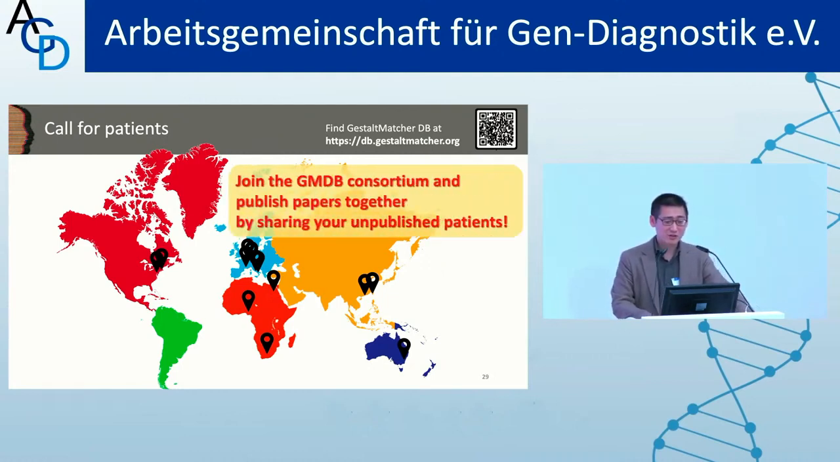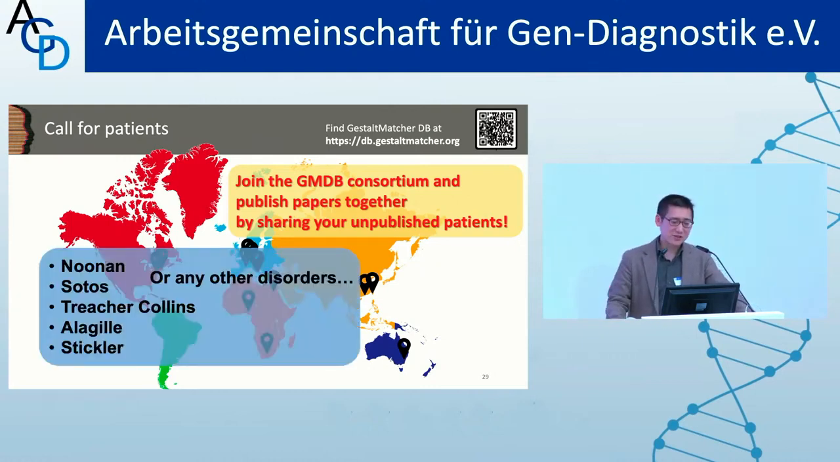We are trying to collect the unpublished patients for the disorders. Then we will have more data and we can do more analysis. Moreover, clinicians can also use this database as the modern version of the London Medical Dataset. They can also browse the images to learn the disorders. Here we are trying to collect disorders like Noonan syndrome, Sotos, Treacher Collins, Stickler syndromes, or any other